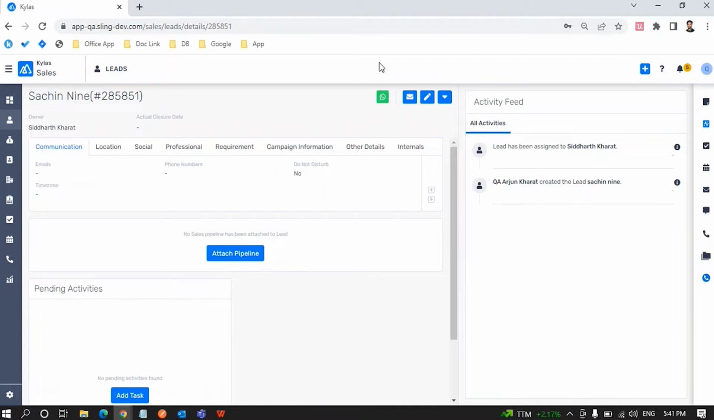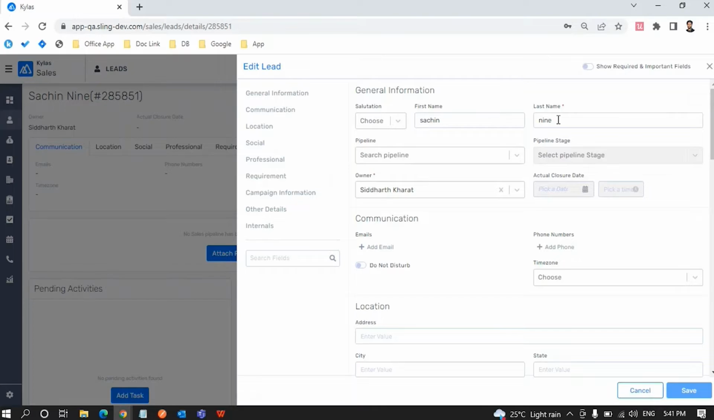Okay, so currently here we have only two feeds. The first one is when the lead got created. Here we can see this timestamp, and the second is when this got assigned to this particular user. So what we will do, we will just update the last name of this particular lead